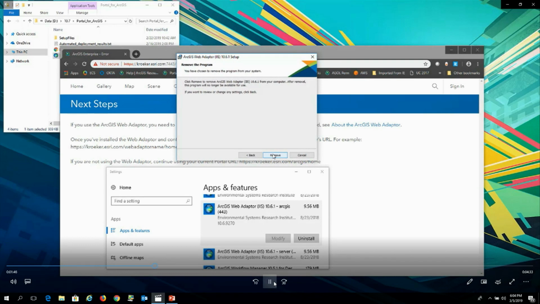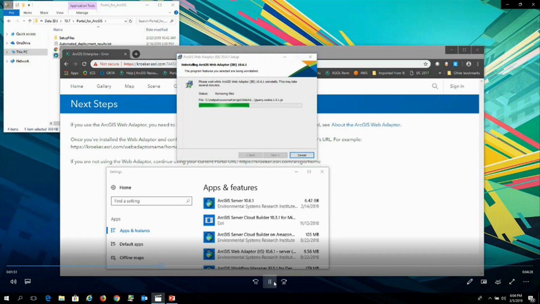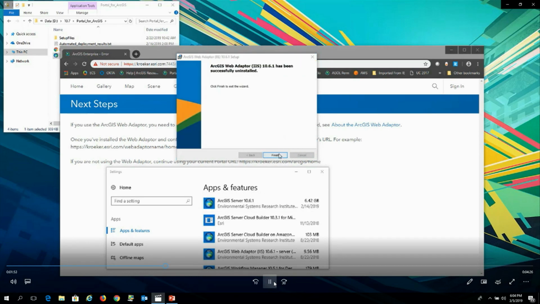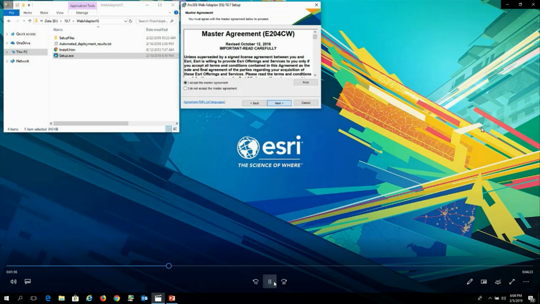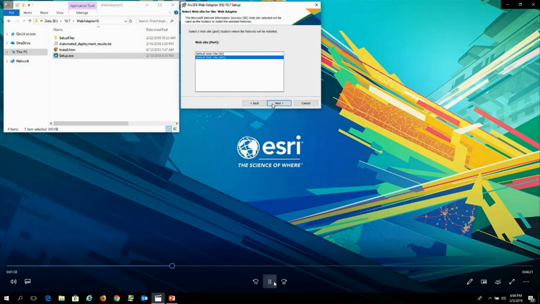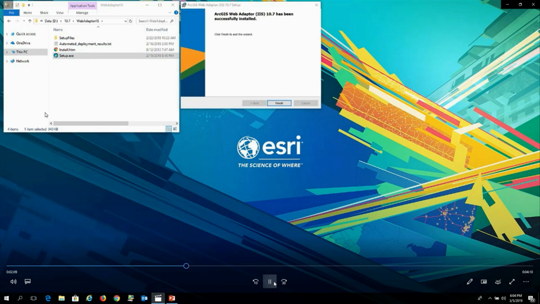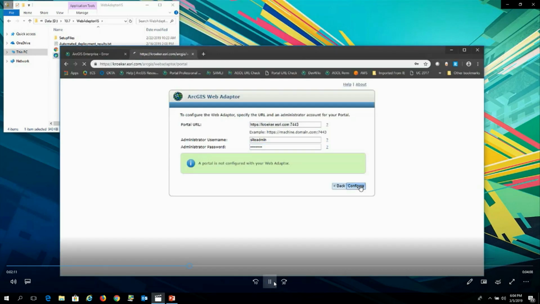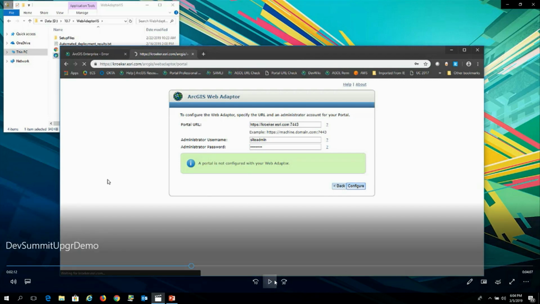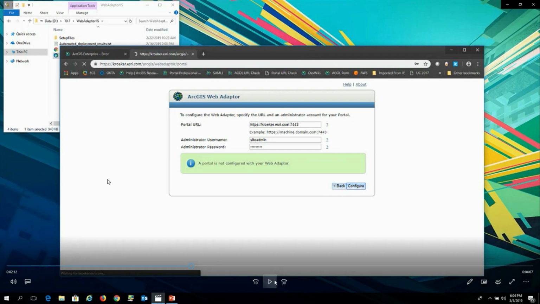So you just click Remove. It will uninstall your web adapter. And then when you click Finish, you're going to want to run the new version of the setup for the web adapter. Choose your website. And this is where you're going to enter the context, or the name of the web adapter, and you click Install. This is a fairly quick install as well. Once that's finished, it will launch the web browser where you can configure the Portal web adapter. You just enter your Portal URL, your Portal for ArcGIS administrator username and password, and click